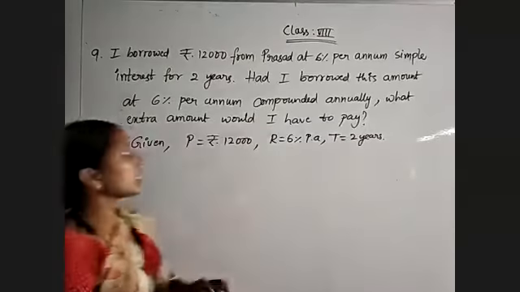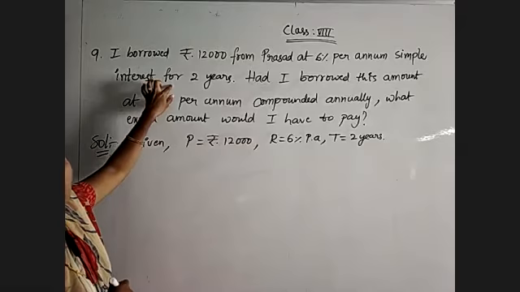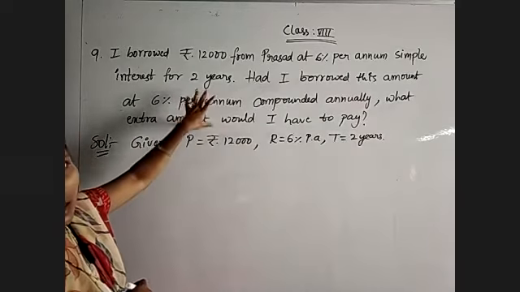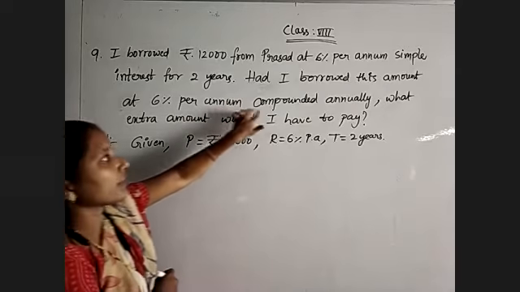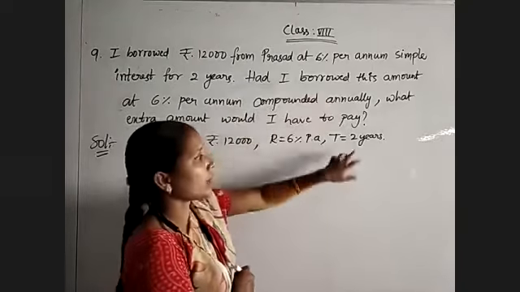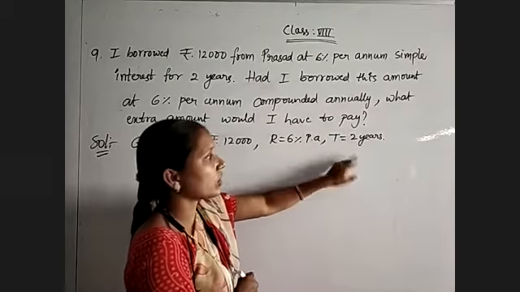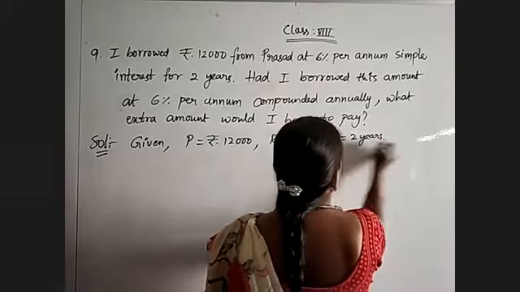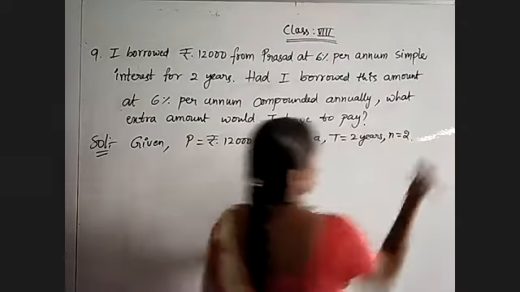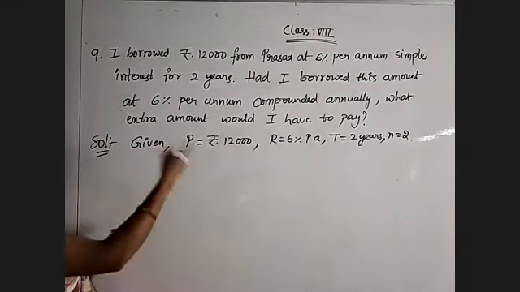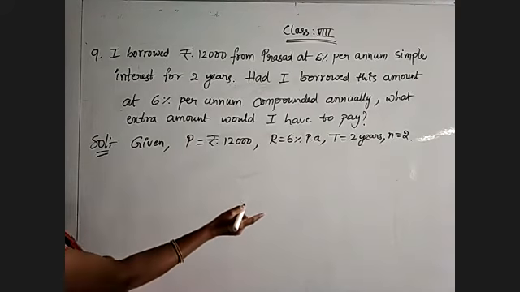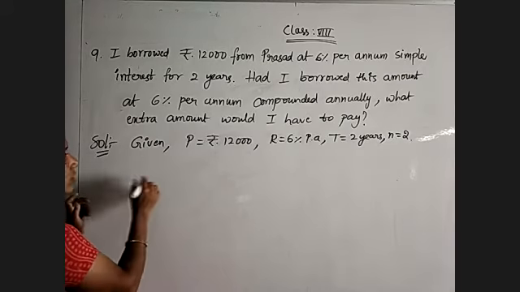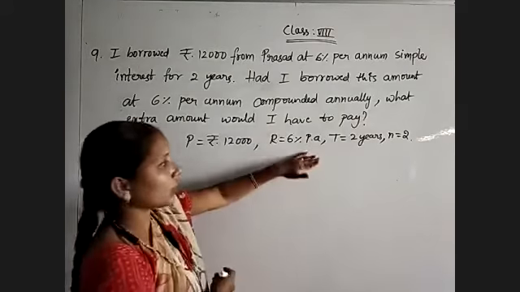See, when we are calculating the simple interest, time only we will take. But coming to the annual compounded interest, it is given compounded annually. So the number of time periods, n value, will be equal to 2 itself. Annual only, no. So n is also equal to 2. Because for annually, rate of interest and the number of conversion periods will not change. Whatever they are given, that one only we need to take.